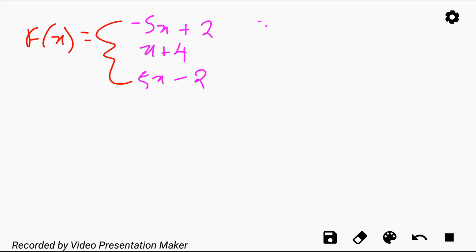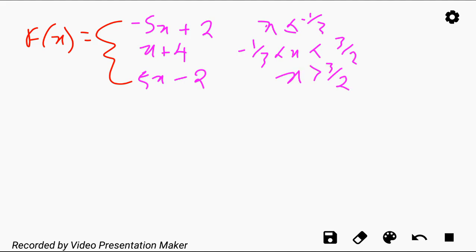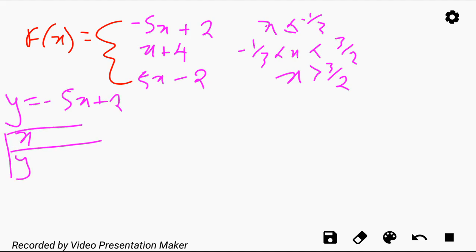So this is where x was less than negative 1 over 3, where negative 1 over 3 was less than x, but x was less than 3 over 2, and then here x is greater than 3 over 2. So here you need to create points for your sketch. You need to create your points, but even your breakpoints must be included in those points. So for example, for the first function, which says y is equal to negative 5x plus 2, my box of values x and y is going to be such that